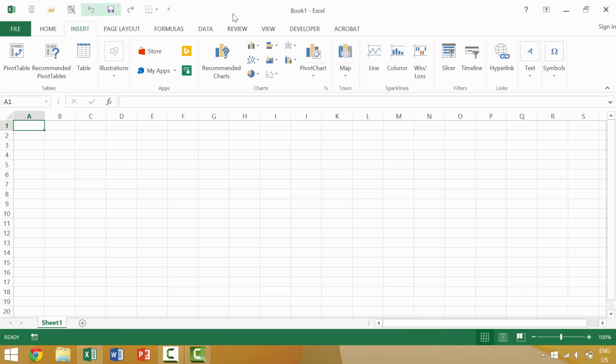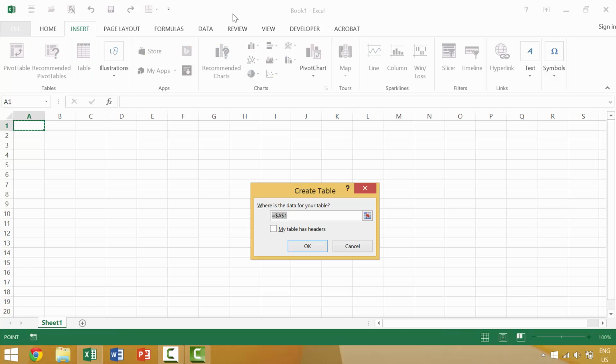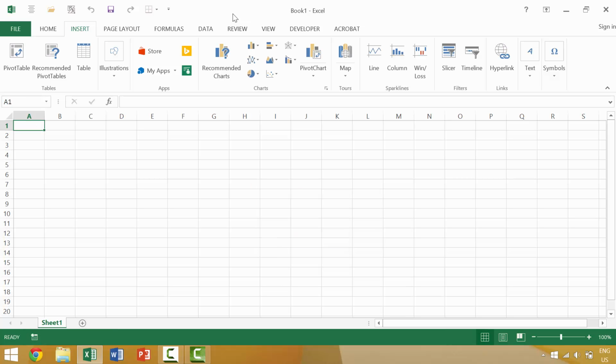So let's say that we wanted to insert a table. We would hit the Enter key, and then we would select the region that we would want to insert our table. In this case, it's not the best example, so we'll say name, address, John,